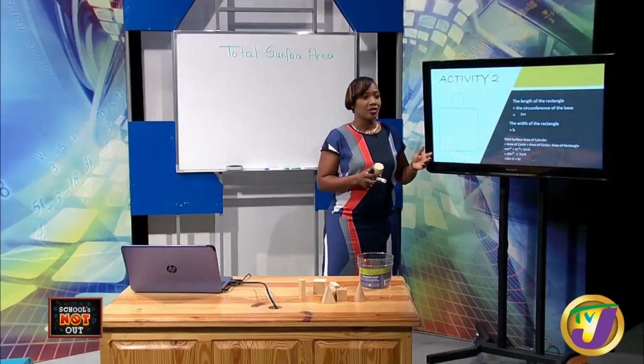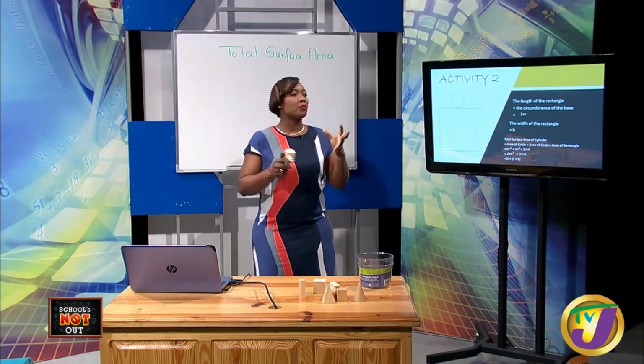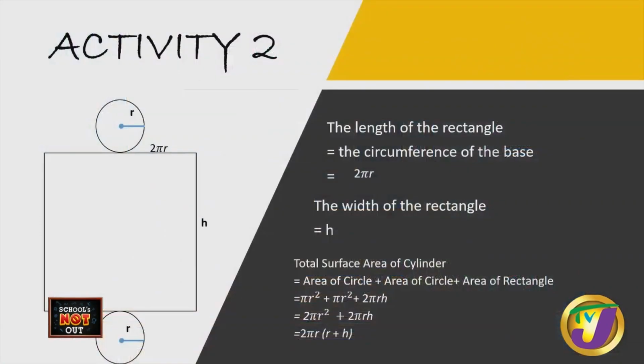So, just to let you know, total surface area is practical, it's real. It just depends on what you'd want to find out in real life. I know a lot of times we think that math is abstract, but math is very practical, and every concept has its place. So total surface area could be used if you were a painter. As you can see here, this is just to let you see exactly where we're coming from. Your radius is here, and you would have been given these,